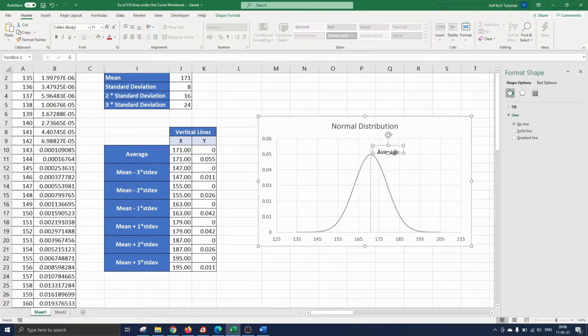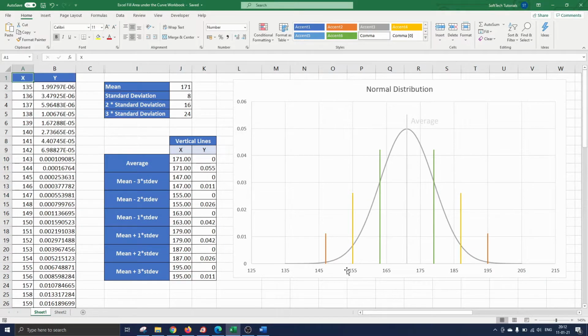On the Home tab, you can now format the text to whatever you like. We make it light gray and a bit bigger here. All other lines can be drawn and formatted in exactly the same way as the average line, but we won't show that here. Now that we have created all vertical lines that we want, we are ready to color the